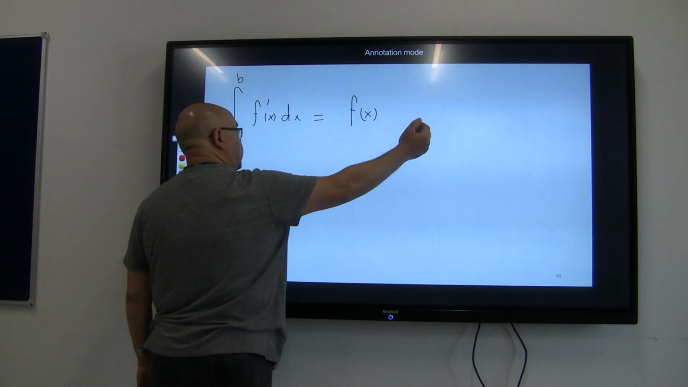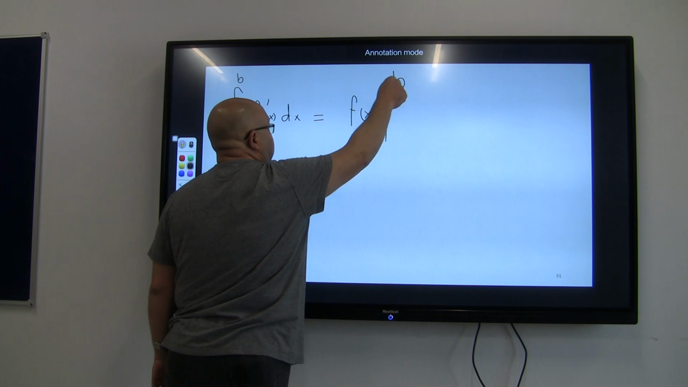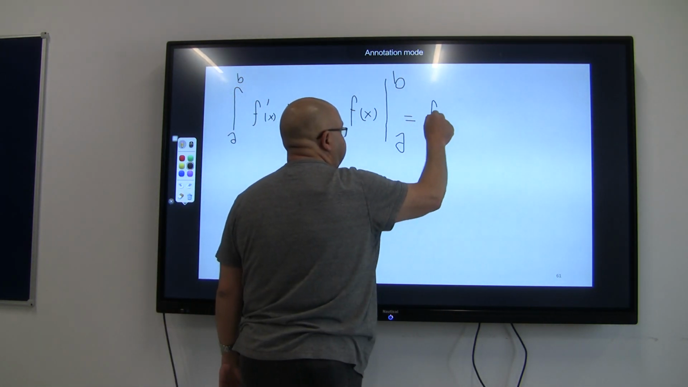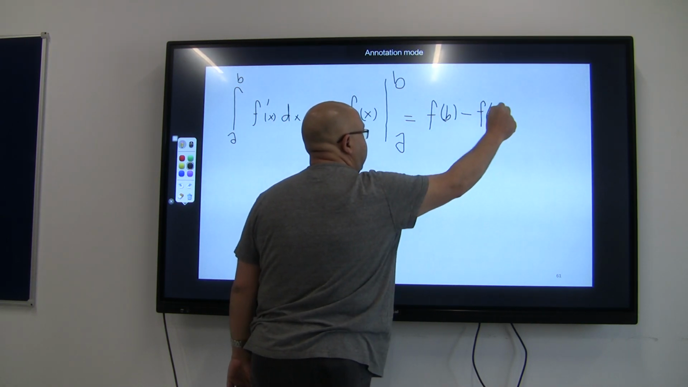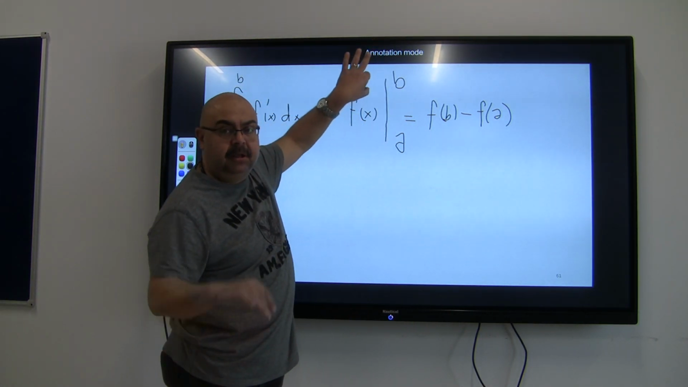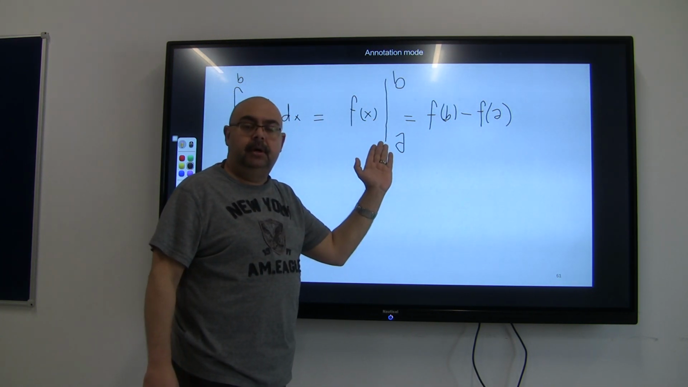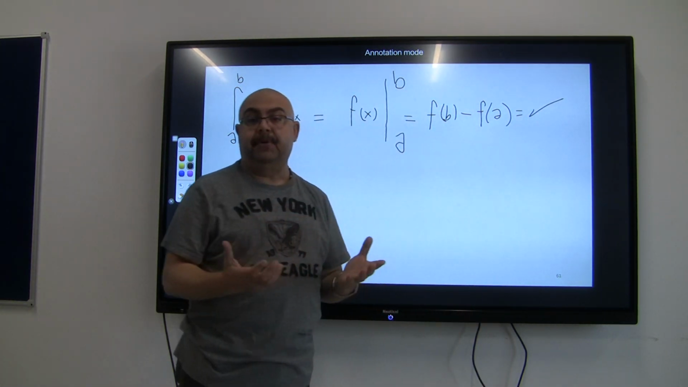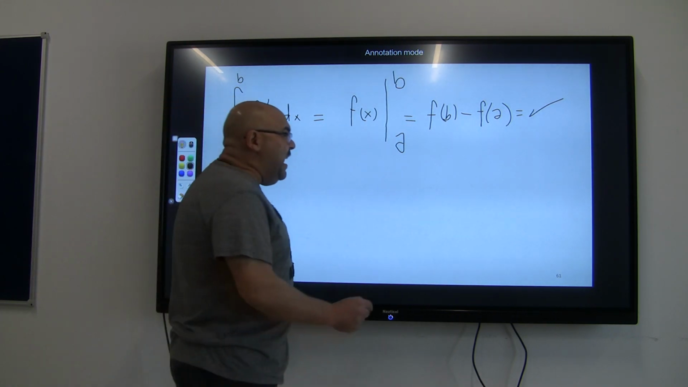Instead of adding a constant of integration, I'm going to make a substitution by b, then by a. So it's going to simply be f of b minus f of a. I will make a substitution in f of x by the upper integration limit minus a substitution by the lower integration limit. And this is going to deliver a value for me. So it's going to be a number. This number mainly represents the area